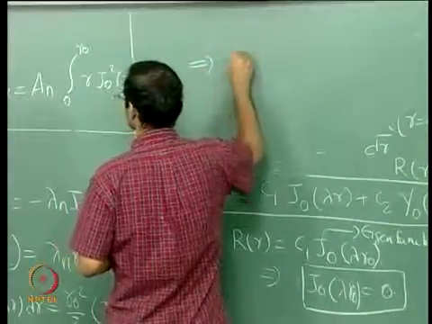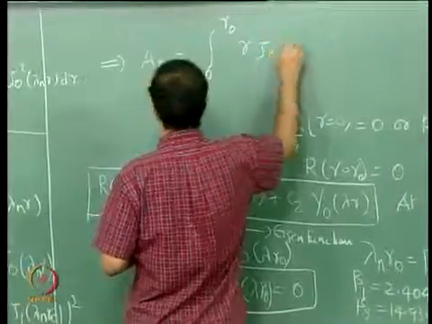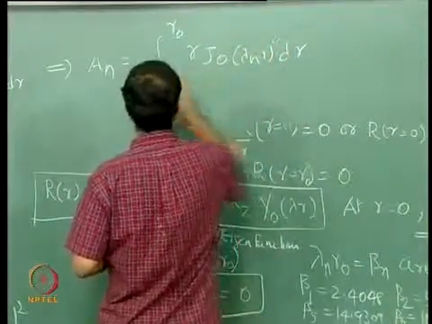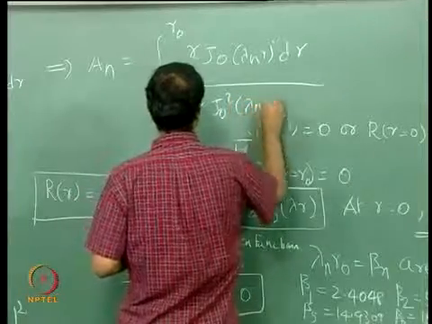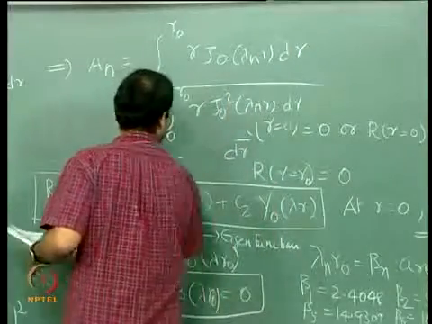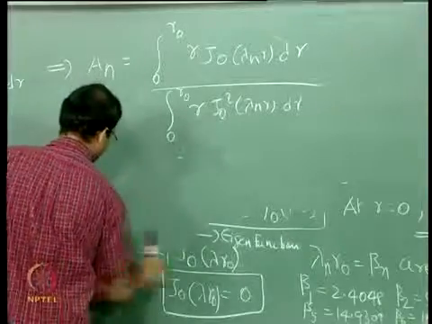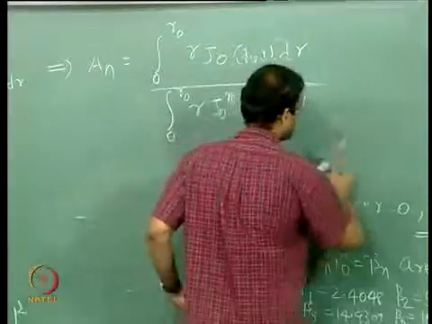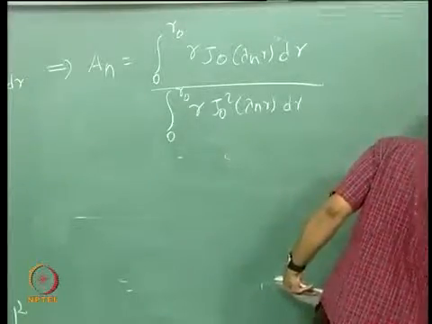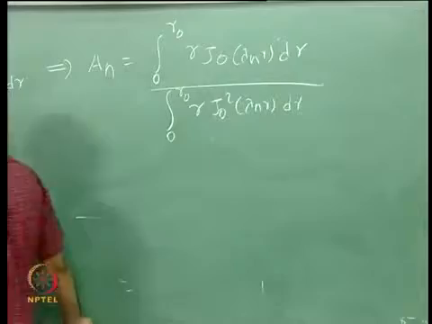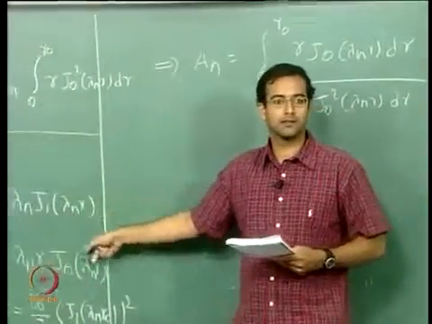So this gives a_n as 0 to r_naught J0(lambda_n r) r dr divided by 0 to r_naught r J0 square(lambda_n r) dr. Okay. So now we have to simplify this further. So that is where we make use of the derivative identities. So for the numerator,